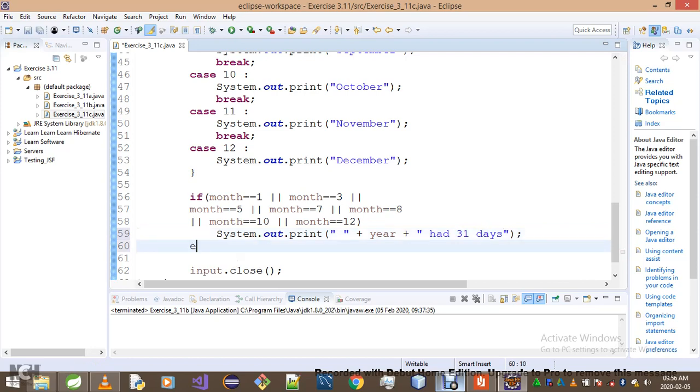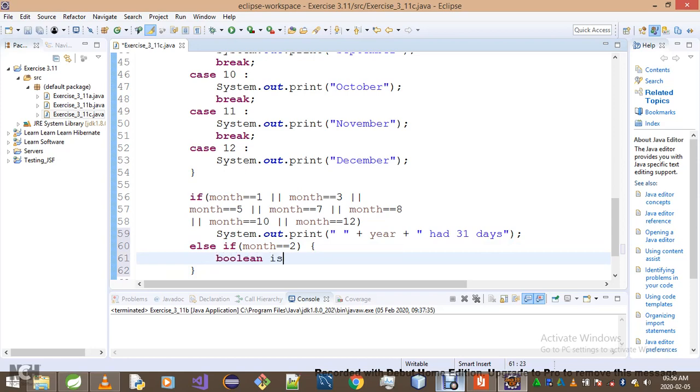Else if, let's deal with February here. Month is equal to 2. You can do this in whatever way you like. Boolean is leap year. In fact, let me not do it like that. Let me just say, let me